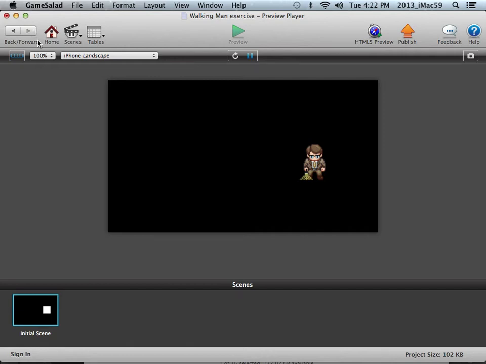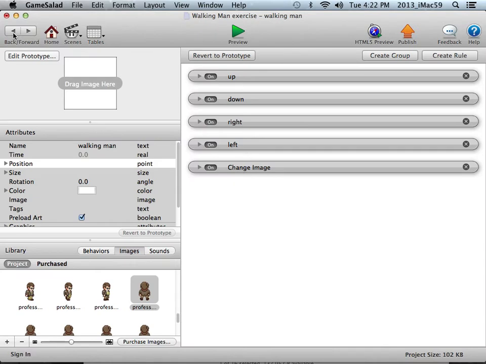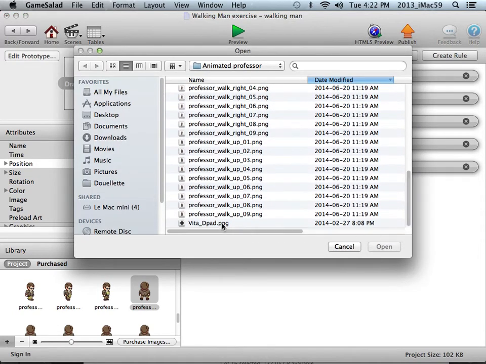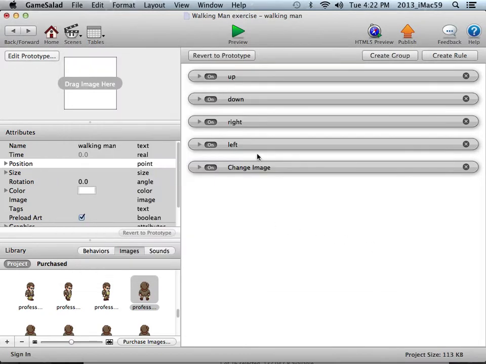Okay, so to start with, let's go back to our panels and grab that image of the controller. Under images in my library, I'll just click the add button. I do have it in this folder here. It's called VITA D-Pad. Open. And we'll just actually go back